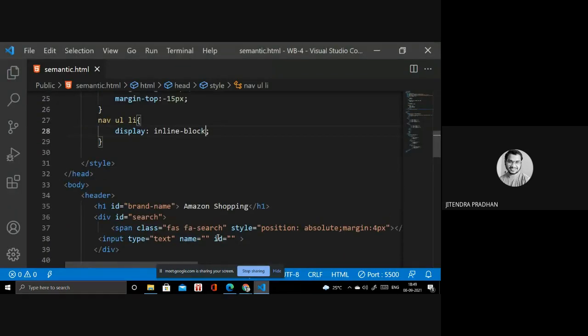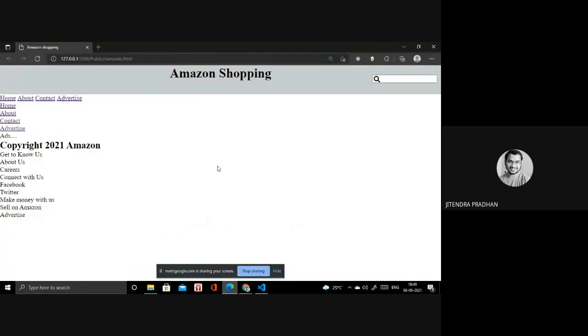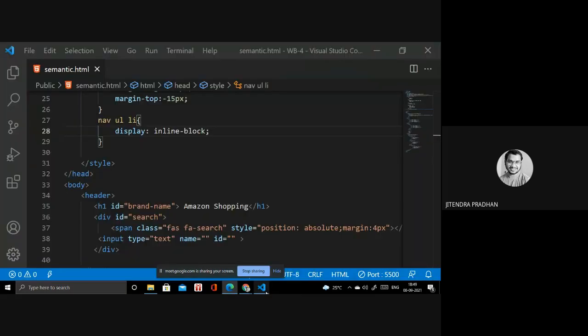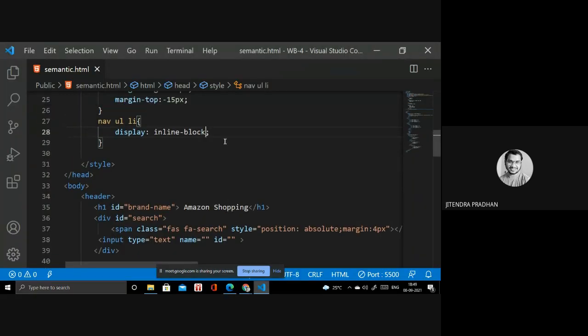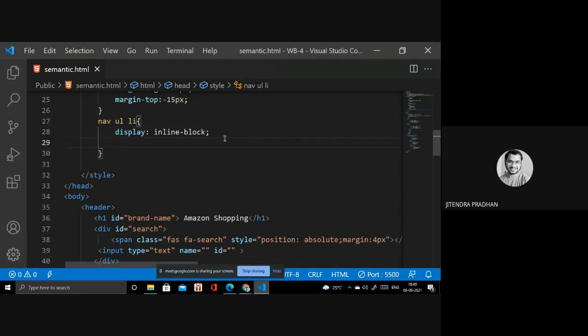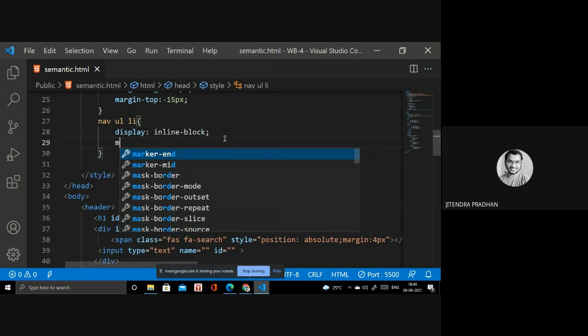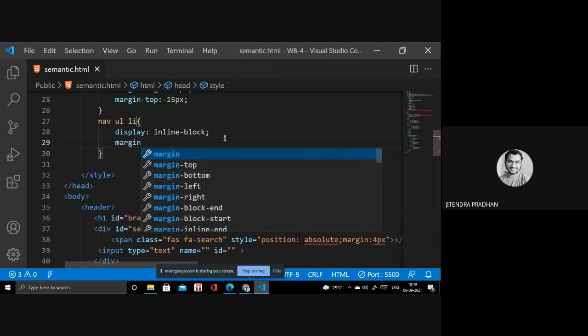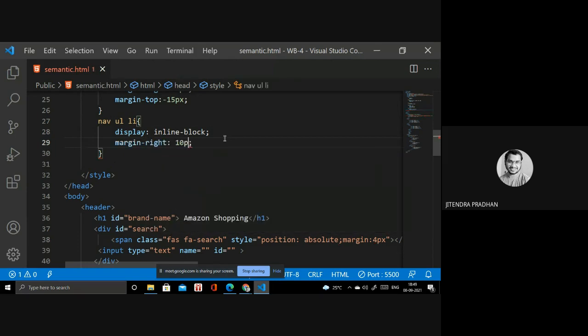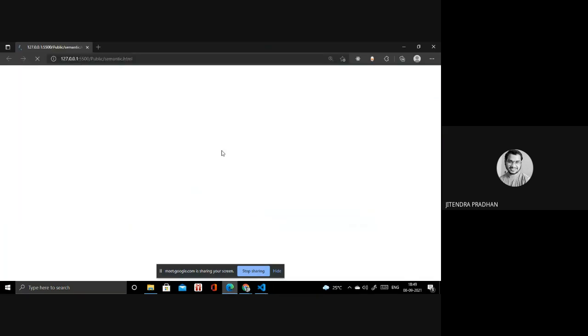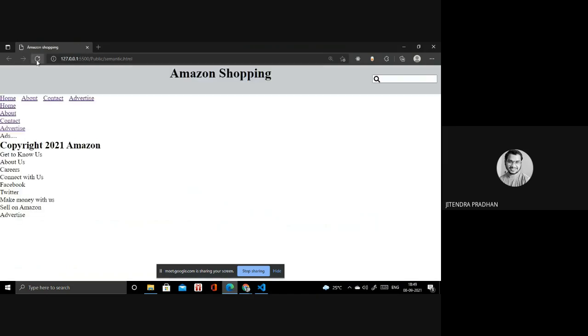Okay, done. So next thing, I need to remove all these things, but before that, I need color and all these things, and margin, margin left or right, whatever you need. If I want to give right, it's like 10 pixel. For every li, I need 10 pixel, and we'll divide it, but I need more than that.